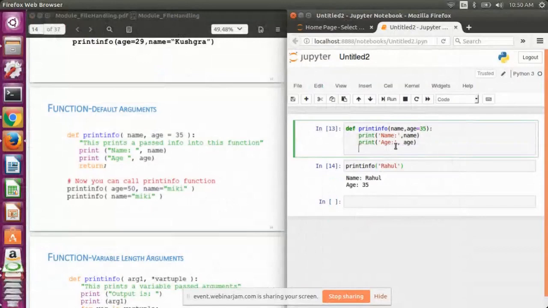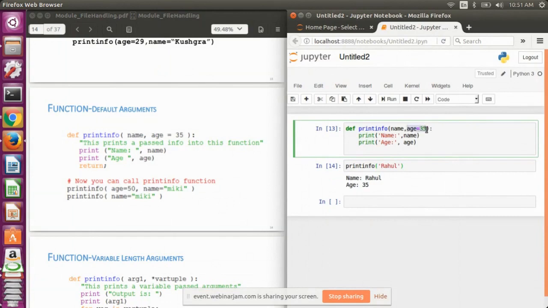I was talking about the default arguments, and I was running an example where I consider the same print info function, where I pass two arguments, name and age, and age has been given a value while defining the function, that is 35.